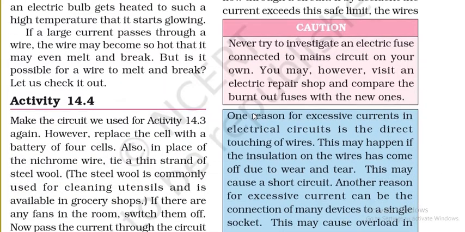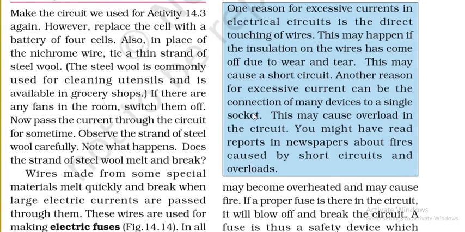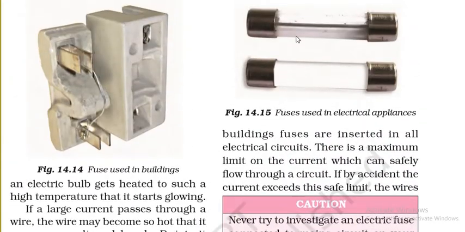So in that case, we again use a safety device, which is this fuse. Now this fuse is again made up of a wire. It has got a thin wire in it, and when an excessive current flows through the circuit, the wire of the fuse present inside the circuit will melt. That will eventually break the circuit, and since the circuit will break, no more electric current will pass through it. So that is why a fuse is used as an electric safety device.